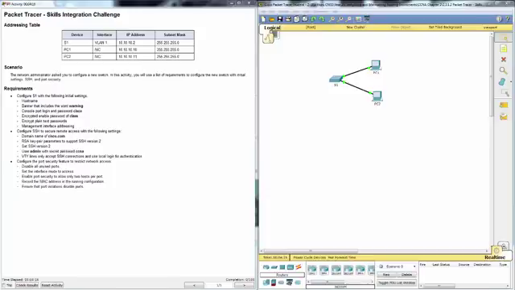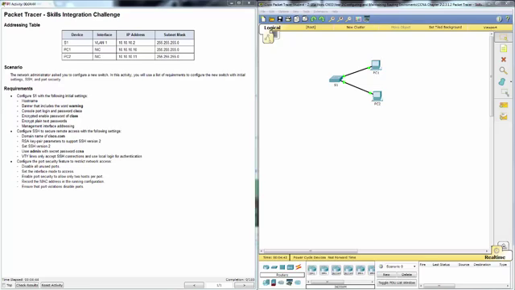Hello everyone, and today we're going to cover the CCNA 2 Skills Integration Challenge for Chapter 2. The lab itself is 2.3.1.2 for those studying or who have the lab through Netiquette. For those that don't, we will be going through it today as well, so you can actually see what an